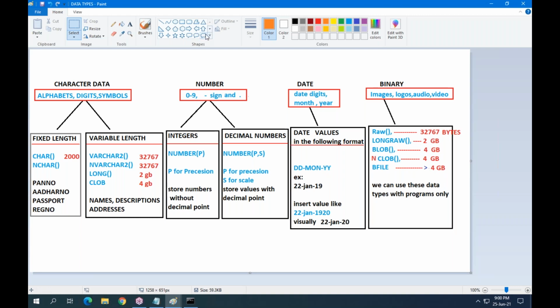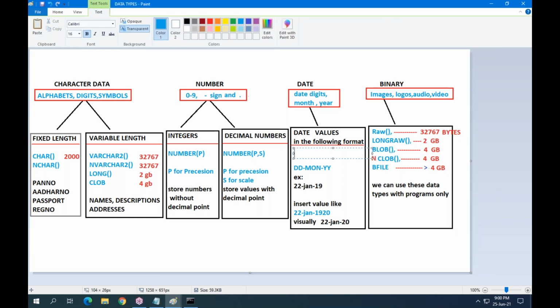So for example, 22 JAN 19. 22 JAN 19 means 22nd January 2019.